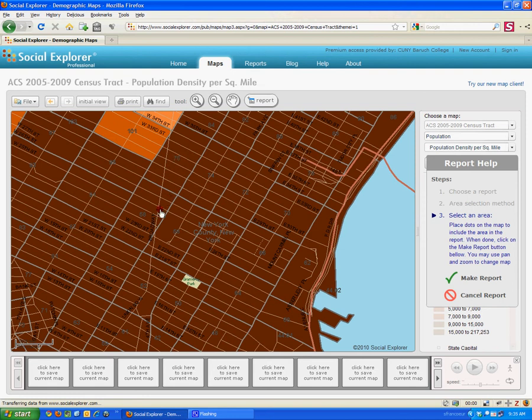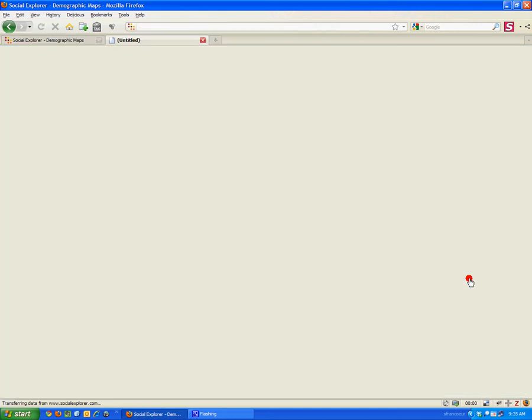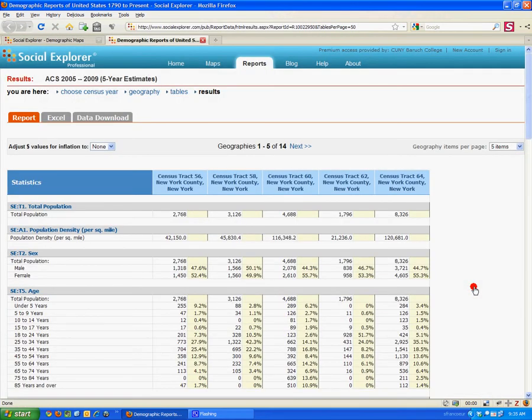So let me grab, here's 5th Avenue right here. I'm going to grab this census tract. So I click to put a dot there. I'm going to grab that census tract, and that one, and that one, and that one, and that one. Maybe I'll go over to the river over here. Basically, I'm going to get a nice little area right around Baruch. Okay, so that's pretty good. Now, I'm going to click Make Report,